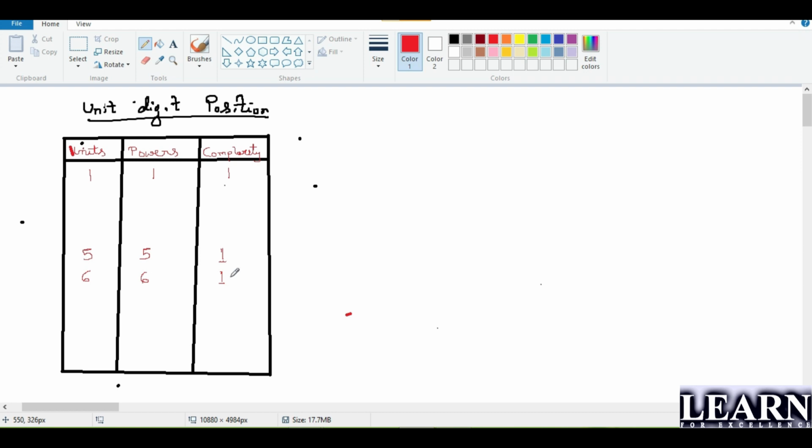Clear? Is it clear, guys? Next, I'll go with the next number, that is nothing but 4. Guys, understand the format. First, I'm going with the complexity of 1. Next, I'm going with the next higher complexity. At last, I'm going with the topmost complexity.